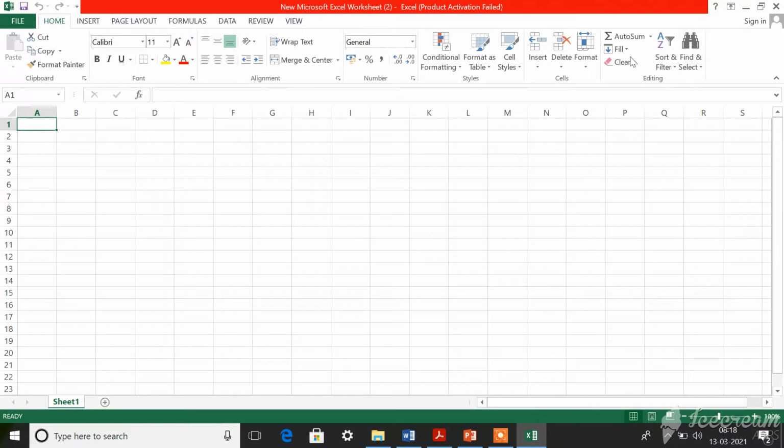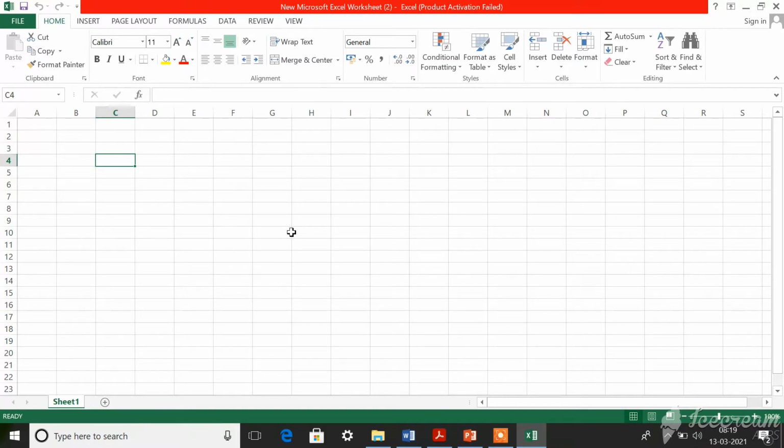This is a column, and this is a row. Here, when you click on a particular cell, the name of the cell will be visible. Then this is called the formula bar. Then you have the vertical scroll bar, horizontal scroll bar, and this is called the sheet tab. Clicking on this you can add new sheets. This place is the active worksheet. So these are the various options available in your Excel 2013 window.